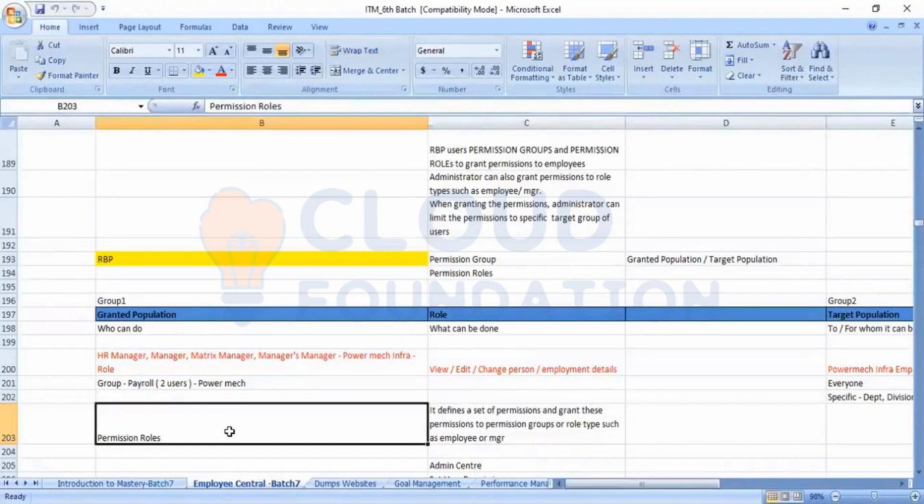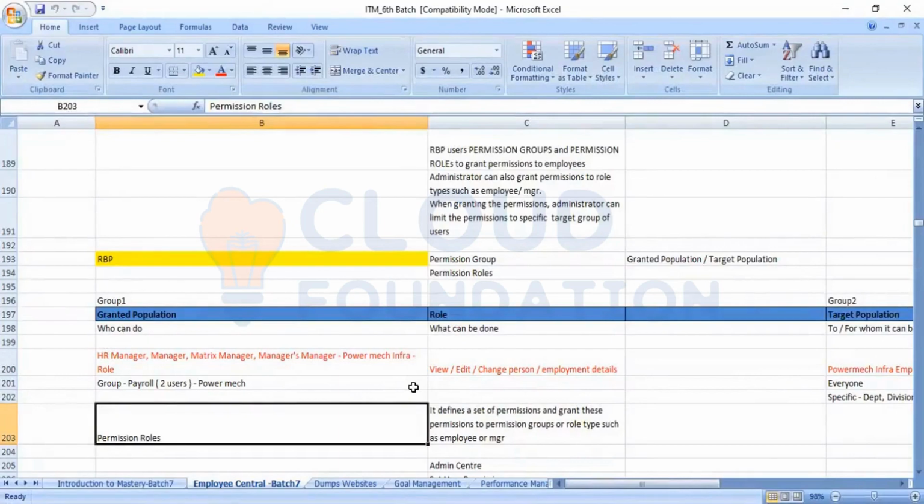Now you are the user. Every user will be mapped with a permission role. Permission roles are of various types. We have ESS, which stands for Employee Self-Service. ESS is a permission role. When we define a permission role by the name ESS, we decide what permissions to give in that ESS: a view permission or an edit permission. All these permissions you can give to the ESS.